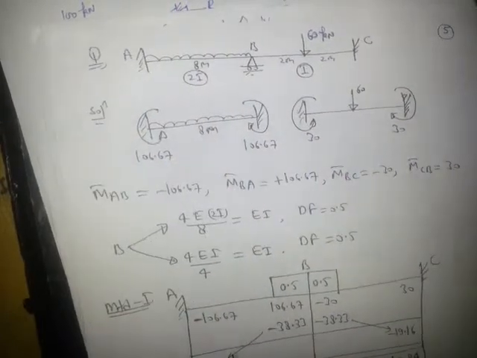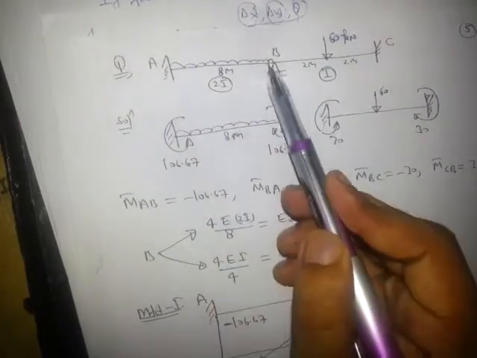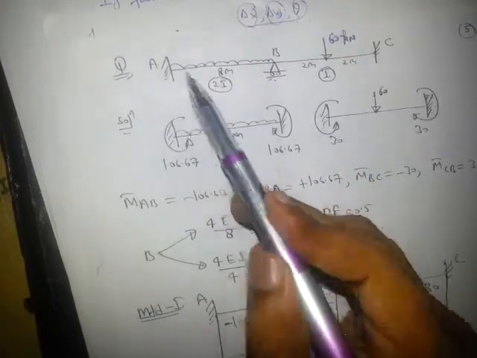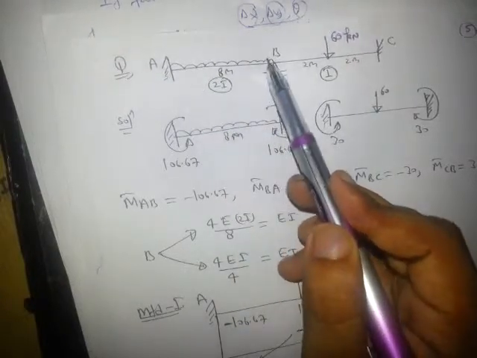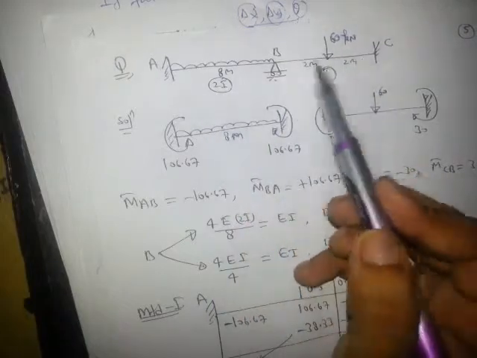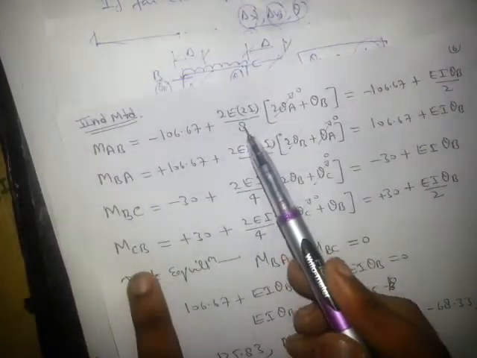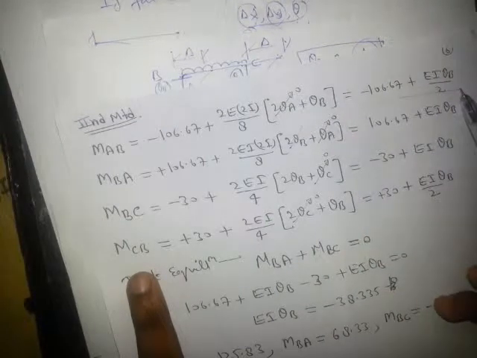Now we will use the slope deflection equation. See, we will write far end is fixed, means it is not hinged, means it is partially fixed, treated as fixed. So MAB will be M bar AB plus 2EI divided by L, 2 theta A plus theta B minus 3 delta divided by L. Since delta is 0, right? So I write the slope deflection equation, M bar AB is minus 100, and 2 EI divided by L, 2 theta A plus theta B, and delta is 0. So finally, this is the equation, right?